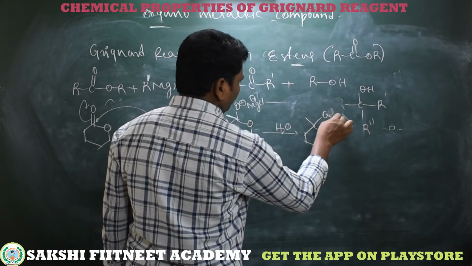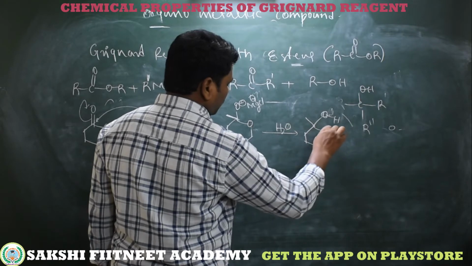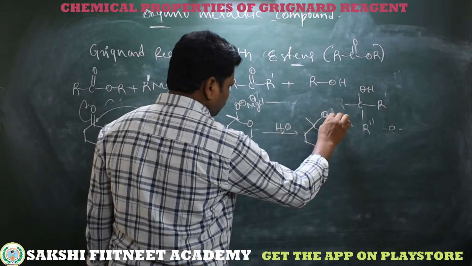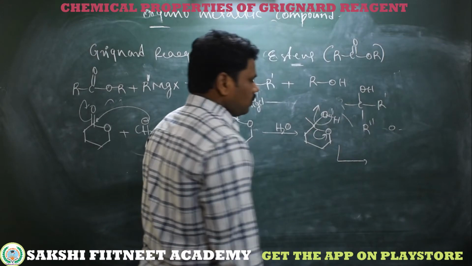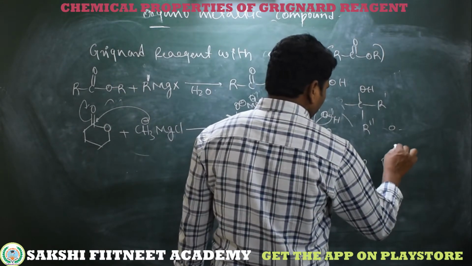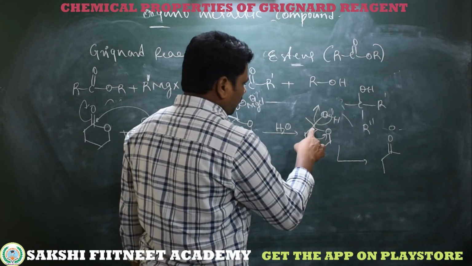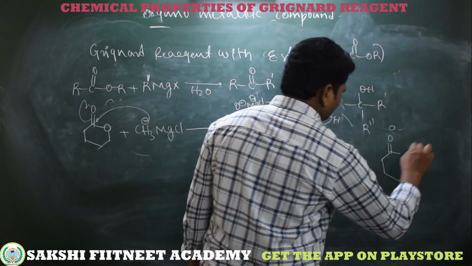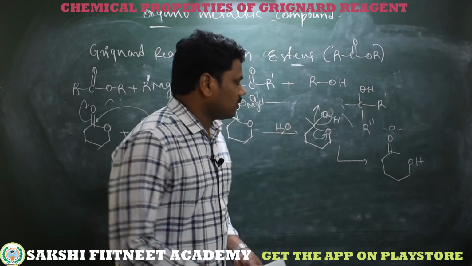Now see here, on this carbon we have OH and a leaving group, that is OR, but this R is a chain actually, so we need to concentrate on this bond. So here H plus O minus, H plus O minus. Within the molecule we are getting an alcohol, simple. See, this is a double bond, and here a methyl group, a double bond, and I am writing it as it is to avoid confusion. So this is the alcohol within the molecule we got.